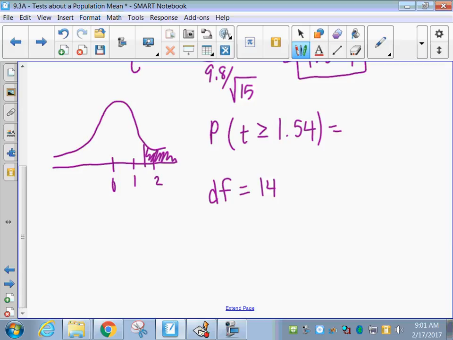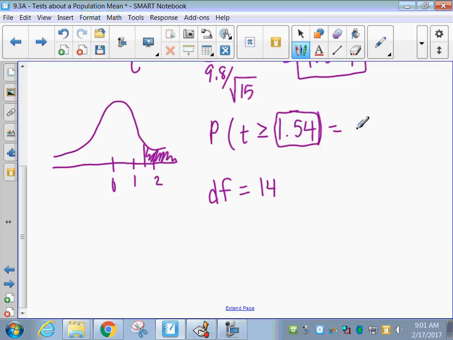So you go across the chart, and you're looking for 1.54. That's that area that we just shaded to the right of it. So look for 1.54 along 14, and it's in between two numbers, right? Yeah, 1.345 and 1.761, right? So look up at the top for your tail probabilities. So up at the top is between 10% and 5%. So that means that this